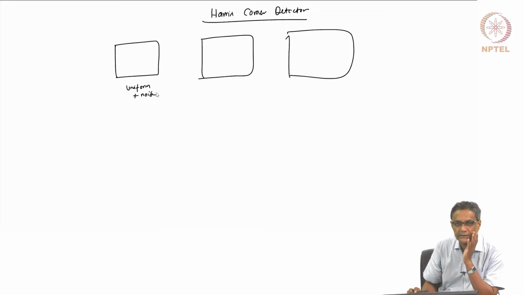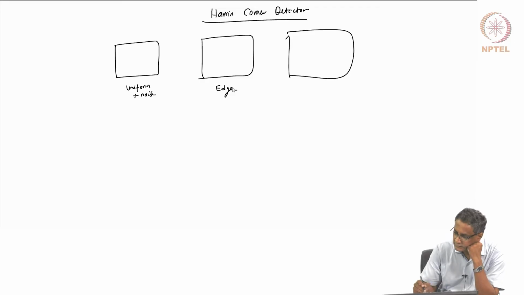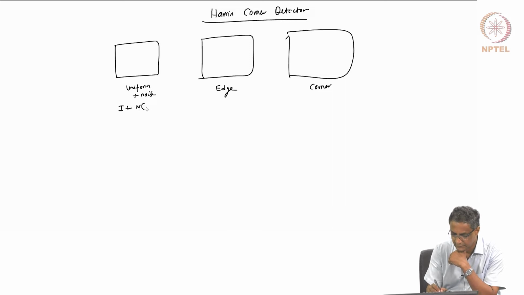I am adding noise because I don't want you to think that all intensities are exactly the same. Maybe there is some amount of noise there. The second one is actually an edge, and the third one is a corner. So uniform means what? You can think of this as some I plus some n, zero mean with some sigma, some Gaussian noise that is added. Uniform does not mean uniform noise, okay, uniform intensity